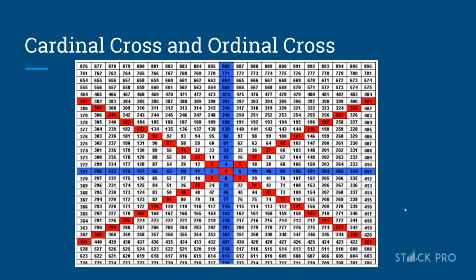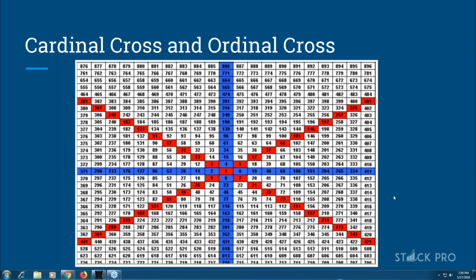You can see the blue lines and the red lines. The blue lines are called the cardinal lines and these are called the ordinal lines. It doesn't matter what you call them, it doesn't make much of a difference. But what you need to understand is that Gann said the prices at the angle of 45 degrees are very, very important. Not only that, if you start from here, 1,